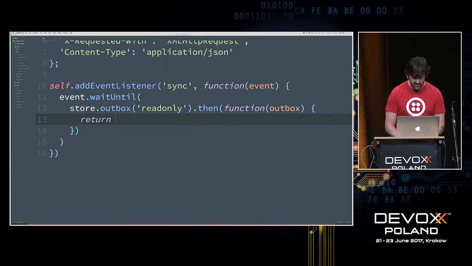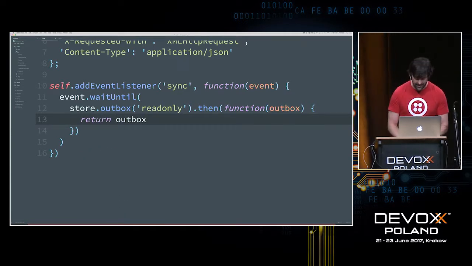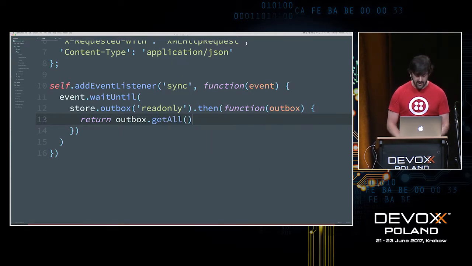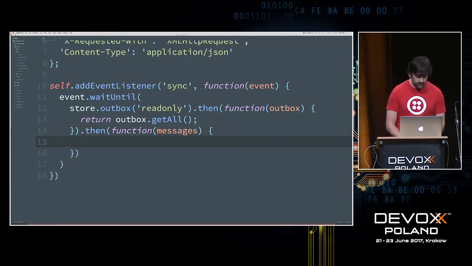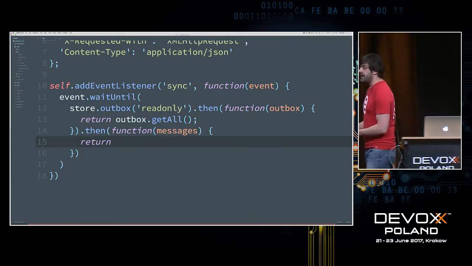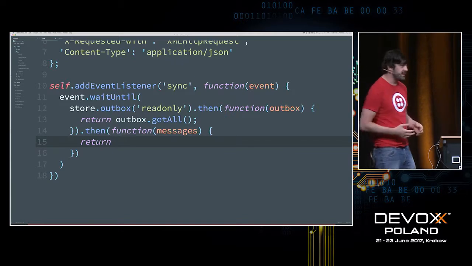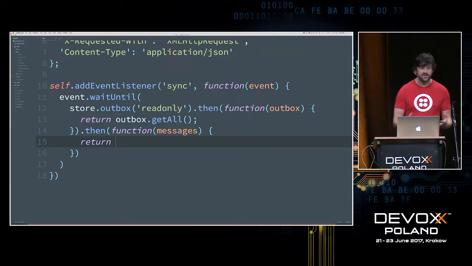And then I'm going to straight away just, this is not an optimized application in any kind of way. So I'm just going to get all the messages. That will also resolve as a promise. So when it does, I will have access to a list of messages, an array of messages. At this point, I'm going to go through the messages, and each one I'm going to send to the original endpoint. I'm going to post the data to the original endpoint, wait for that to conclude successfully, because we are